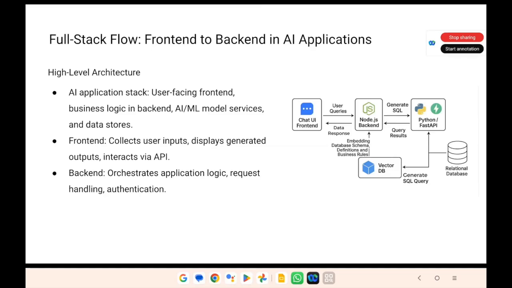So the hands-on which I am planning possibly in another half an hour will be an end-to-end hands-on, starting from full stack, front end to back end. It will be a complete chatbot. So in front end, you will be using React. In back end, you will be using Python, FastAPI. So as you can see in the flow, it will be like a chat UI front end, and you have a Node.js backend, which internally uses the Python FastAPI microservice.